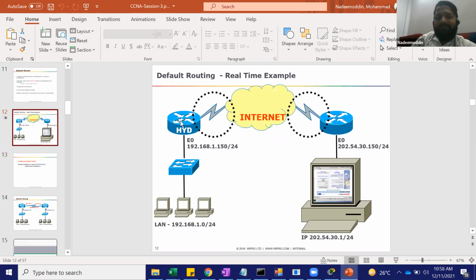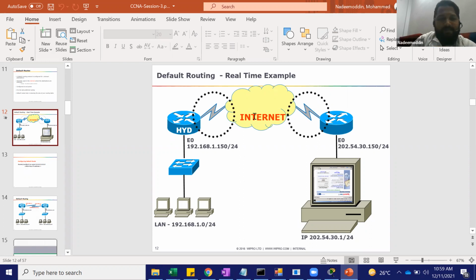In the router we say, if any network 0.0.0.0, please send to the internet, or you can give the next hop of the ISP, or just pass it from this interface. So any traffic with an unknown destination will be sent directly to the internet, and from the internet it will reach its destination. Default routing is used on the internet, and static routing is used for smaller networks.